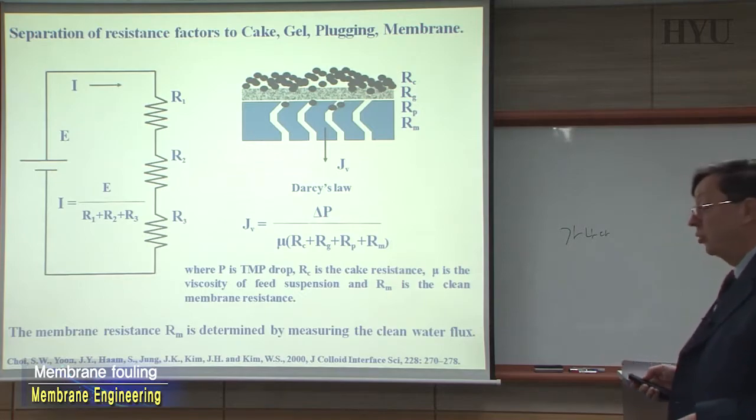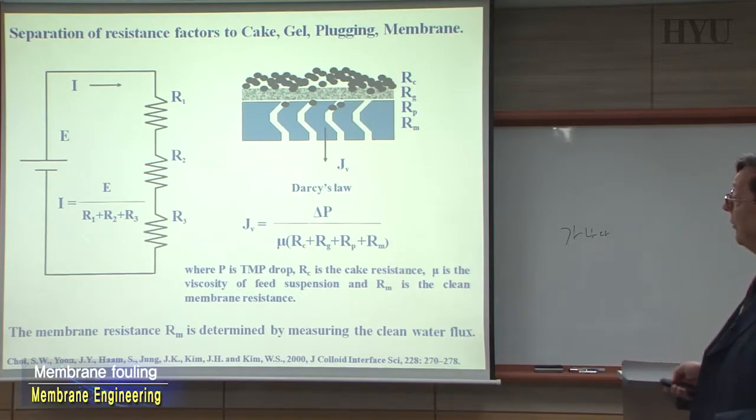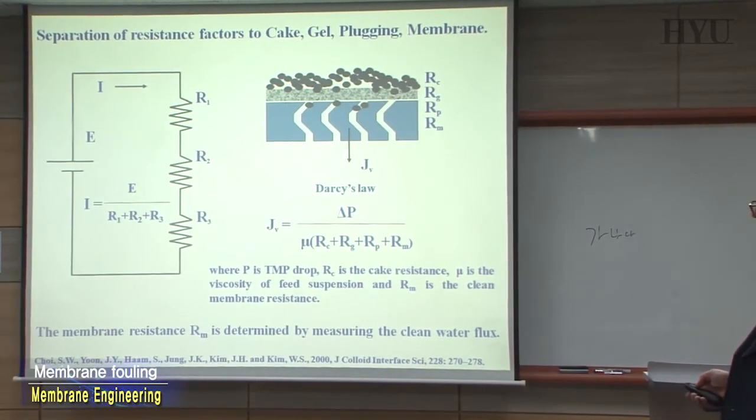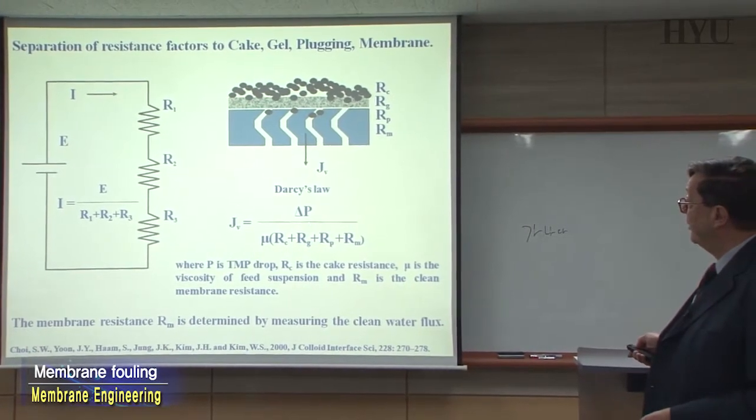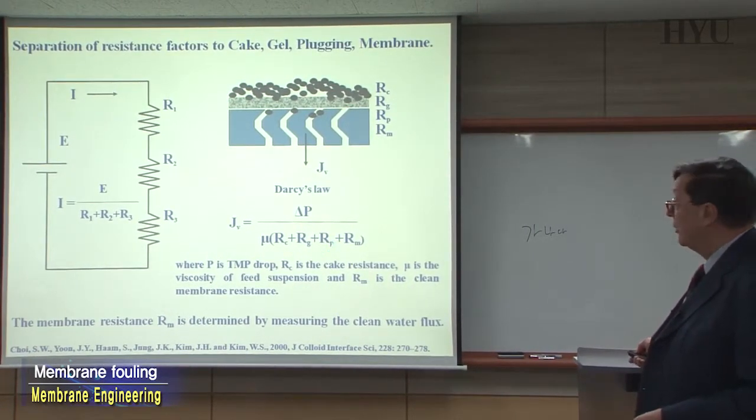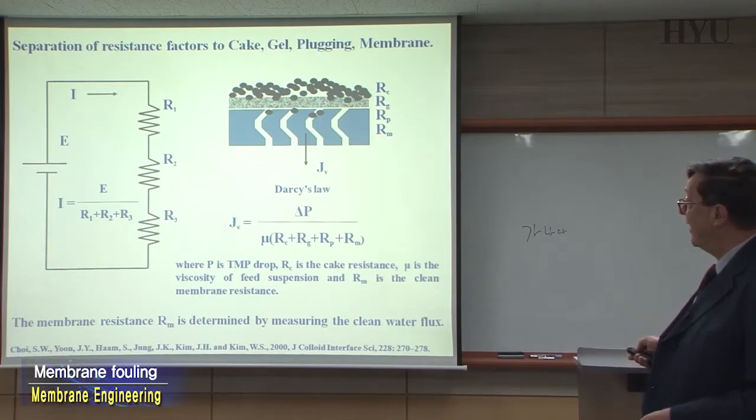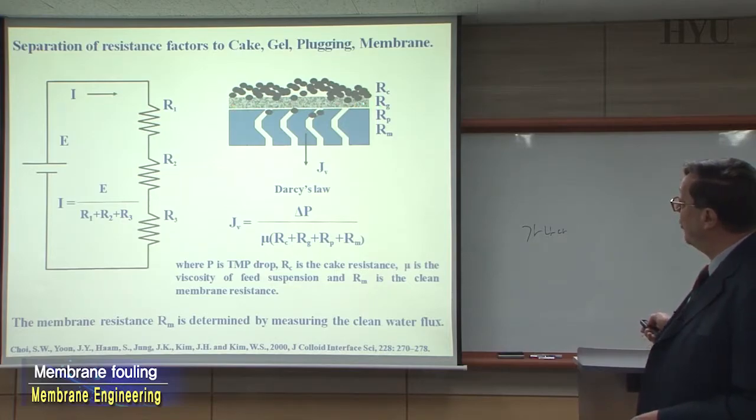If you want, however, to use this kind of model, you can have the analogy with an electric circuit, where you have all the different resistances that you are able to describe, and that means the total resistance that will be in the denominator of this equation. This is the transmembrane flux, proportional to the driving force, that's the typical Darcy law, and these are the terms that you can consider, where this R_C will be the cake resistance, obviously this is the viscosity, the R_m is the total membrane resistance, and the term R_g is the layer that you have been forming, for example,